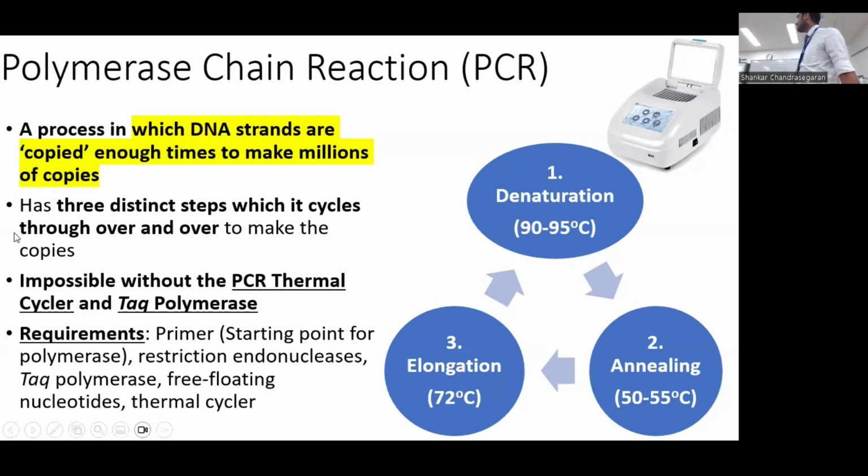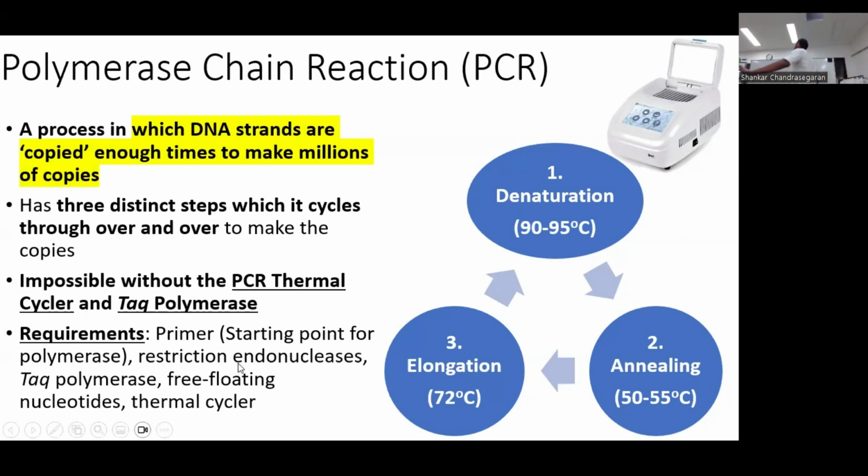So for a PCR reaction to be able to be done, there are components that are needed. One is a primer. Primer is basically something that targets the DNA strand. So you collect a sample, that's the sample you're going to be amplifying. Primer basically is a target that binds that sample to allow for DNA polymerase to create a functional strand from that. Okay, I'm going to go through the steps very clearly after this, but basically restriction endonucleases are also